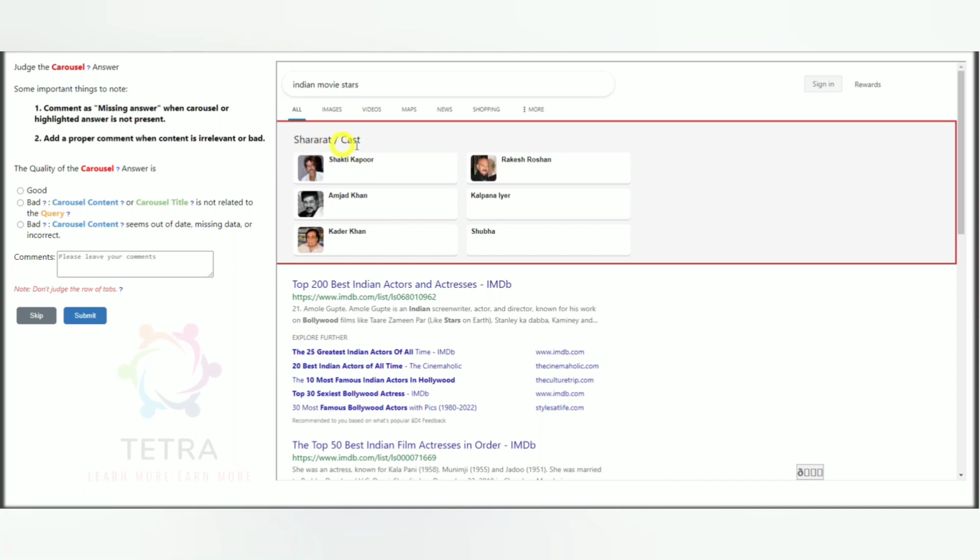The carousel title is Shararat Cast, which is specific to a movie, while the user is looking for broad results, Indian movie stars. So on the basis of the query intent and the results, we must do our judgment.